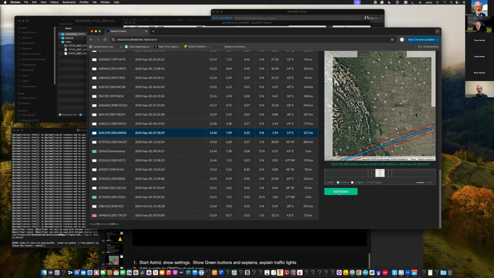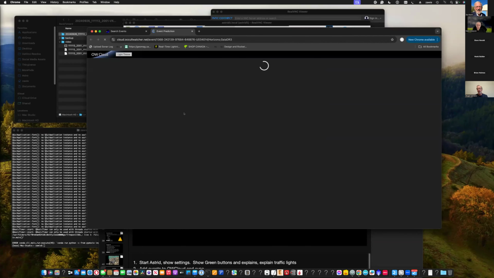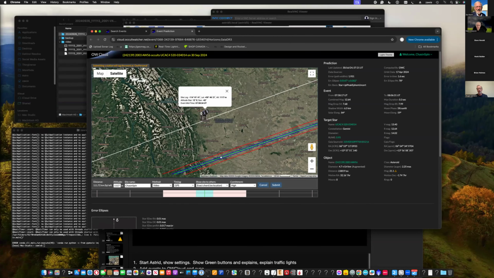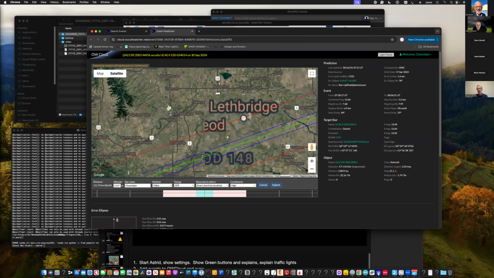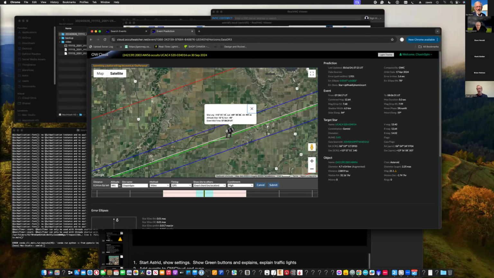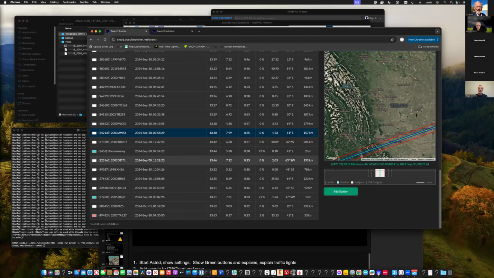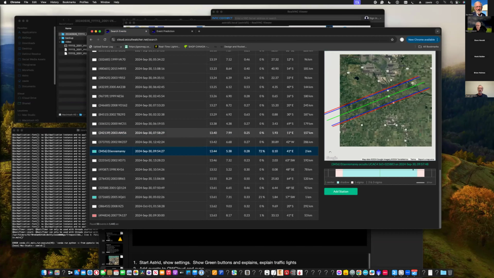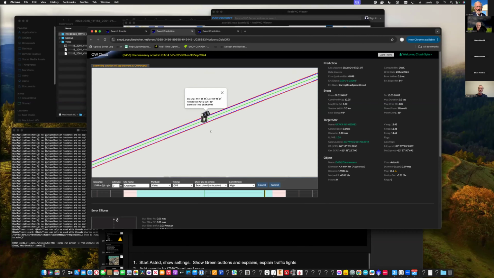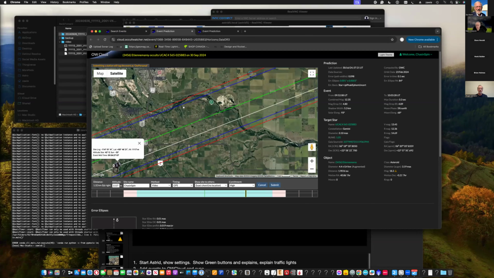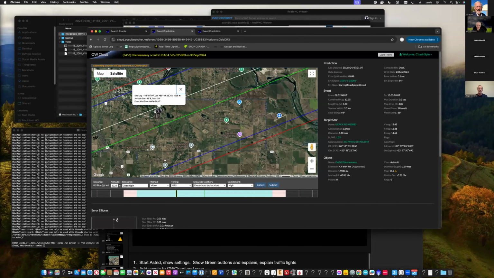So I'm going to add a station here. So I'm adding my station. And I think we're going to put it down near Standoff. So let's add that one. So we've added a station here. Station has been added. Okay, let's pick another event. So let's do this one at 9:54 as well. So I'm going to add a station on OW Cloud. And this is by far the safest and best way to add stations